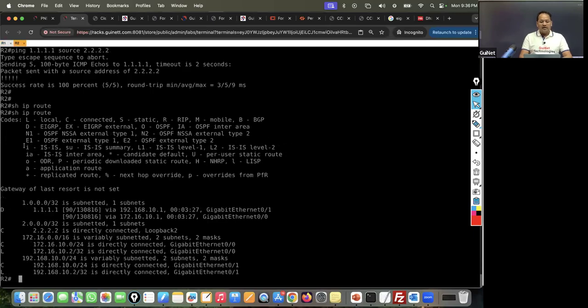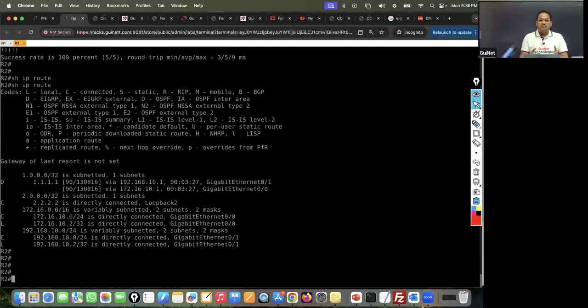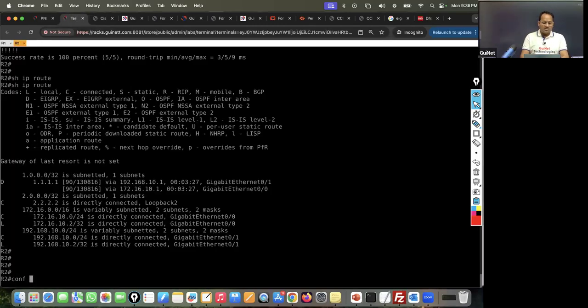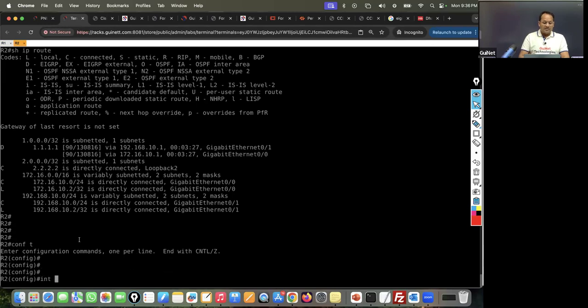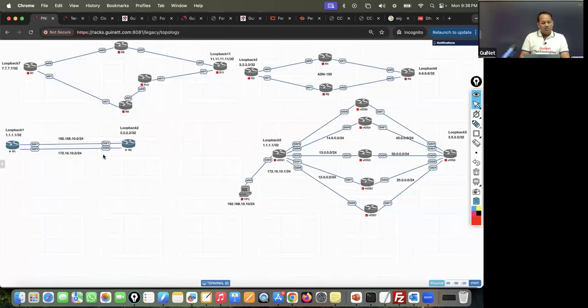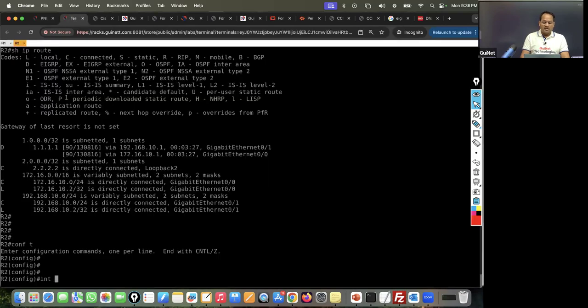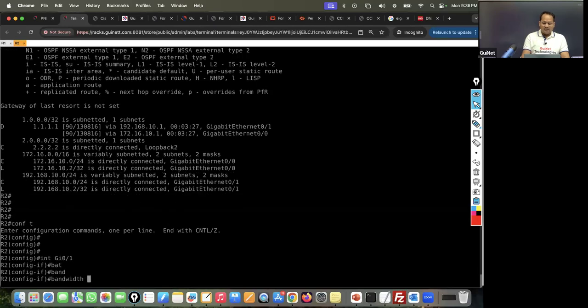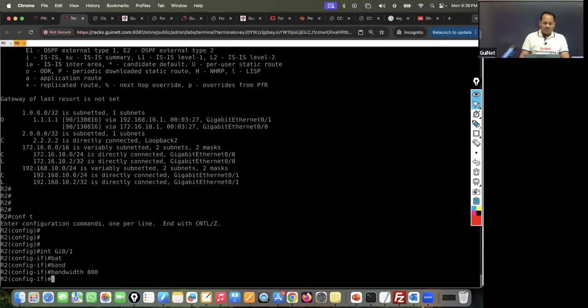So if I want to manipulate some metric, let's suppose right now both have the same parameter. Definitely we'll do it later on, but let me try one thing right now on the R2 side. I'll go on the interface. By default, the interface bandwidth is going to be how much? 1 Gbps. So I will go and lower the bandwidth of gig 0/1, and I'll put the bandwidth 800. Sorry,